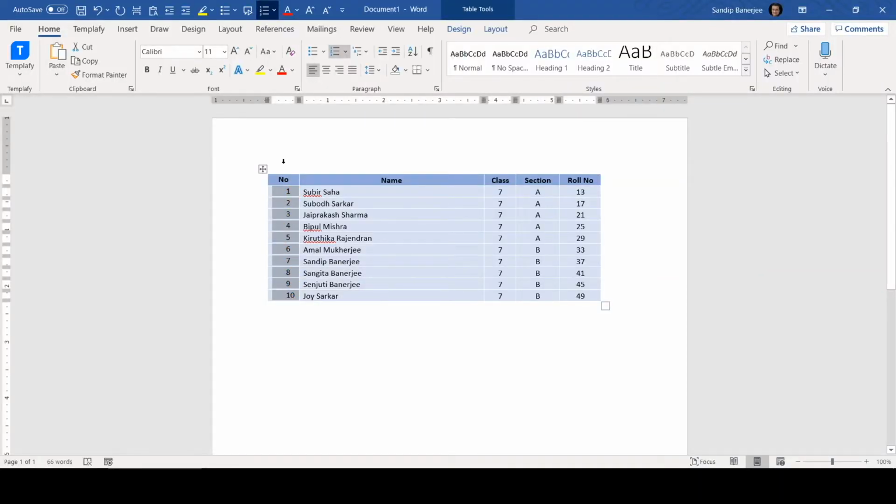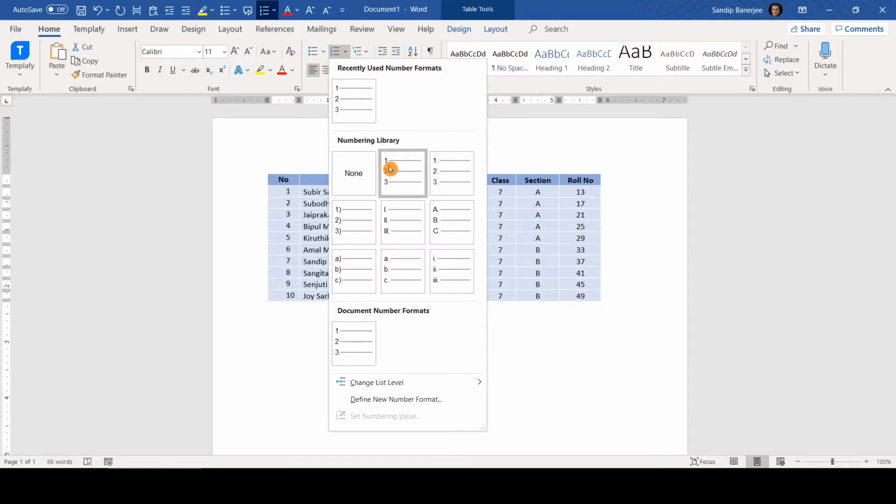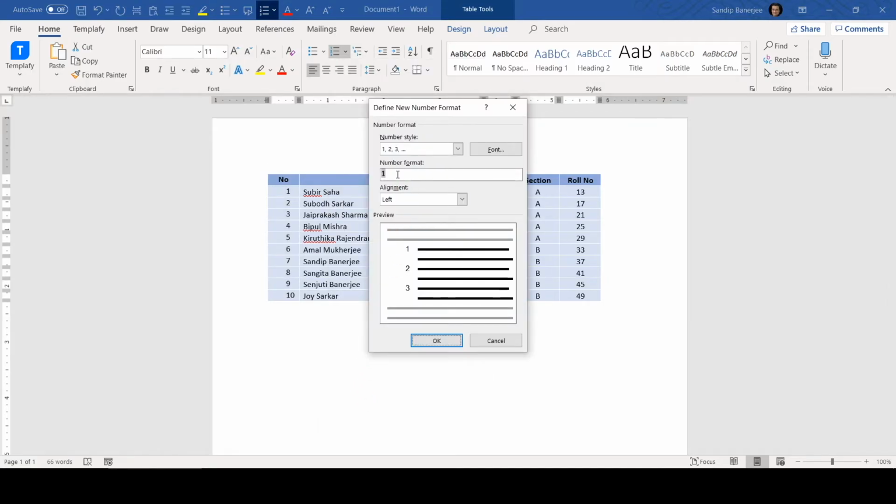Now for some of you, if you don't find this particular option and you are only getting options like one dot or one followed by a bracket, you can go to this option, define new number format, and there you will be able to select your style like this one. Whatever format you want, you can use it and that will be populated in the column you added newly.